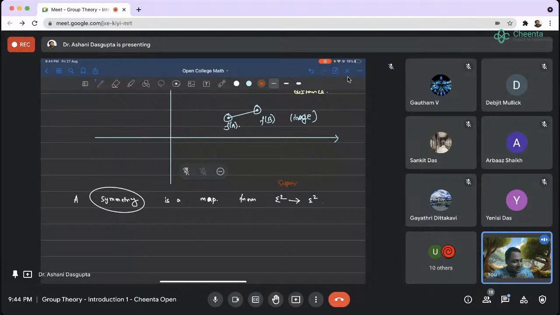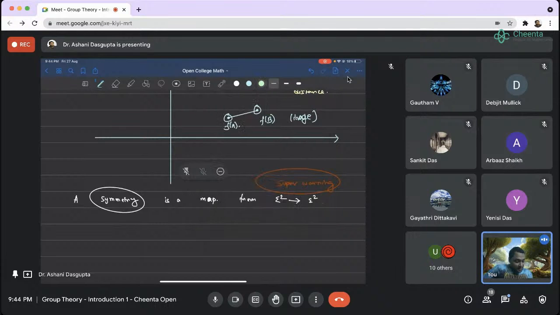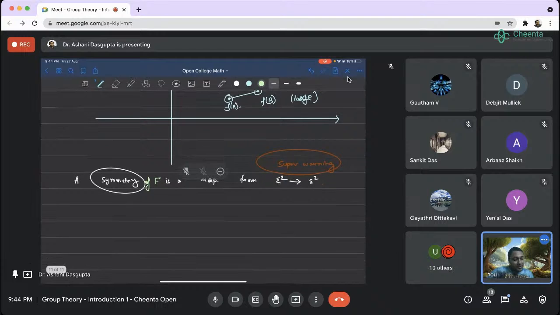I'm working with a very special definition. You should think about it more along the lines of what Gotham actually said. It's a more general kind of setting, but when people think about isometry, they are always thinking about this actually. So a symmetry of F is a map G from E2 to E2, such that